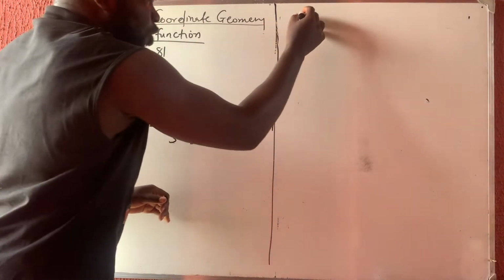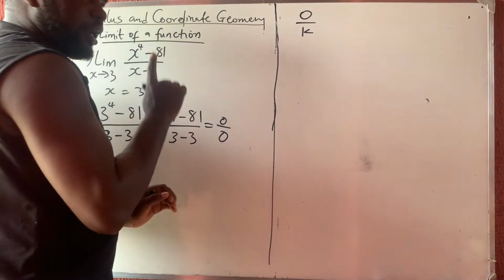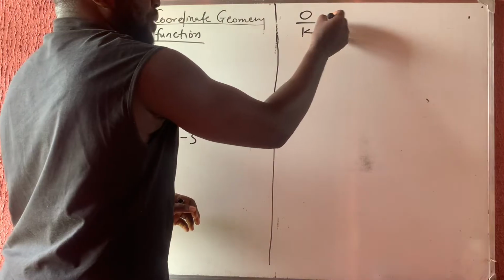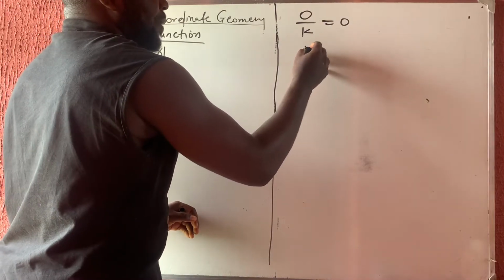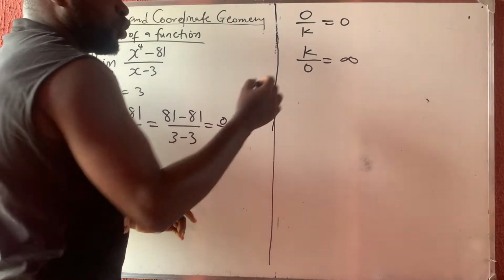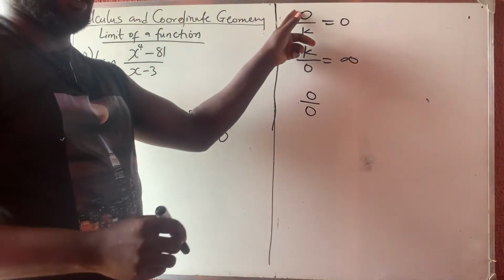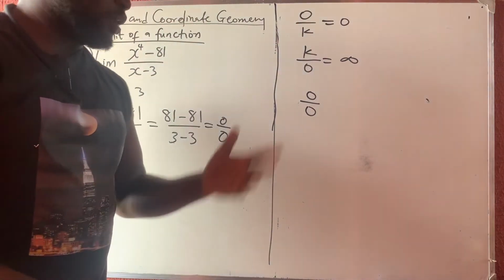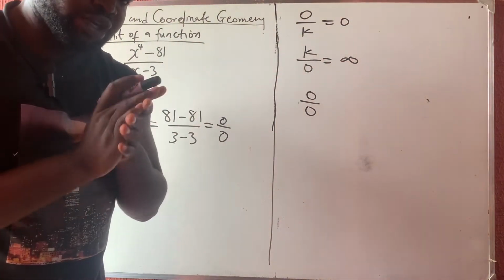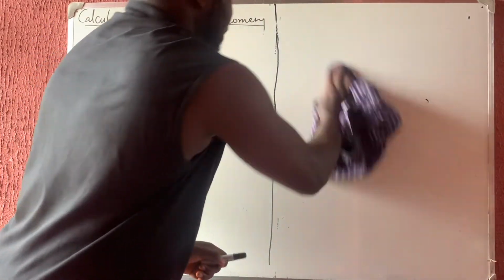But if you get 0 over any number at all, please do not differentiate. 0 over any number is 0, while any number over 0 is infinity. The only time we differentiate is if it is 0 over 0. Some people will just get 0 here and then they want to start differentiating. Please don't differentiate. But once you get 0 over 0, like I did here,